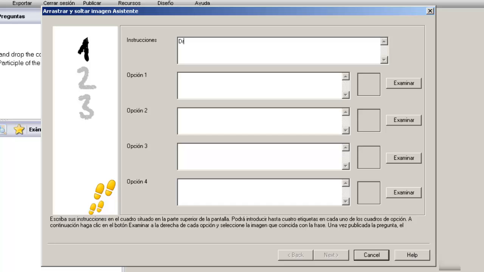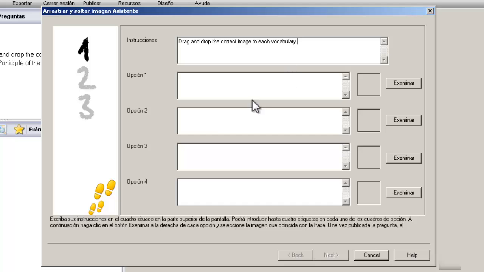Let's type something like drag and drop the correct image to each vocabulary,